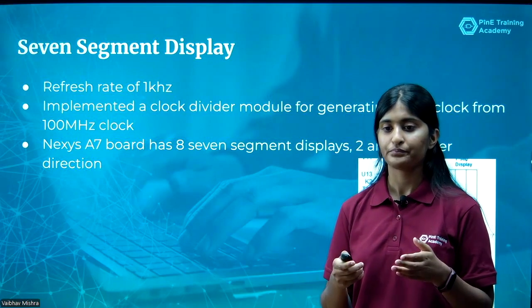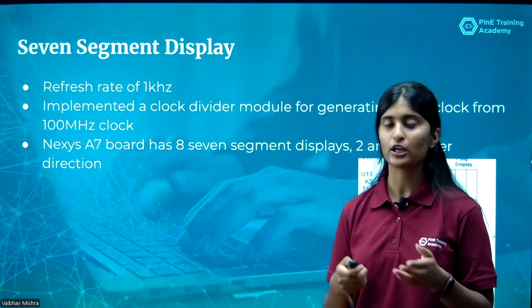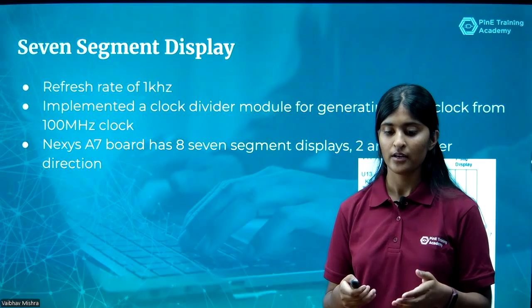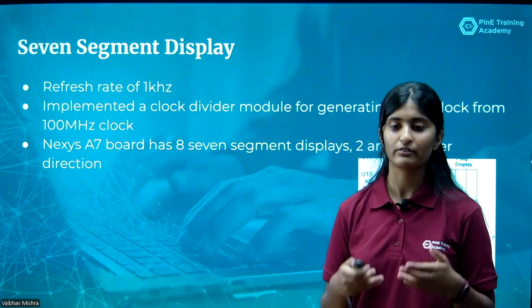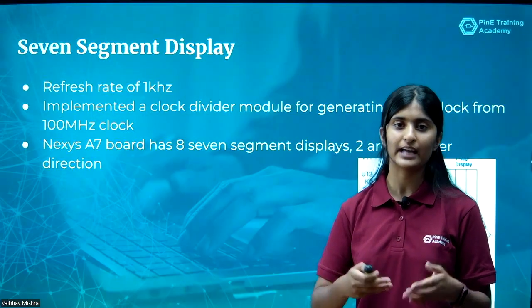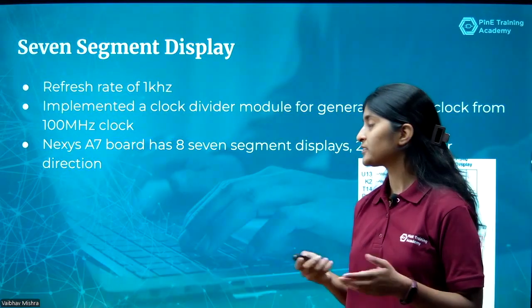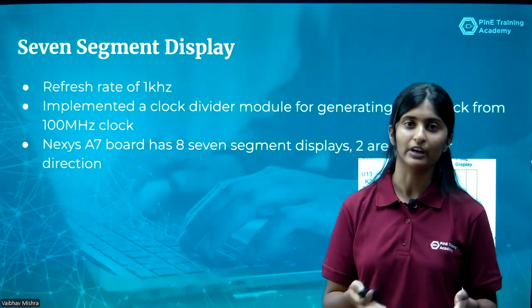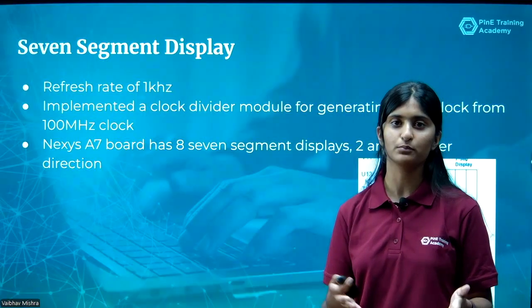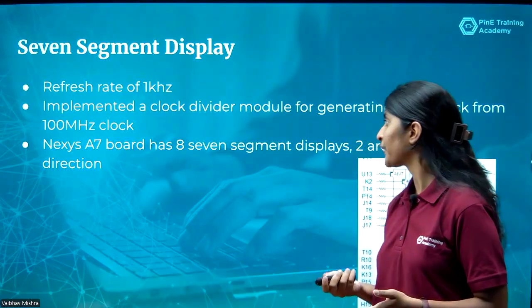So we have used a refresh rate of 1 kilohertz. As using this refresh rate with our naked eyes, we will see that all the output is displayed all together, instead of one by one.